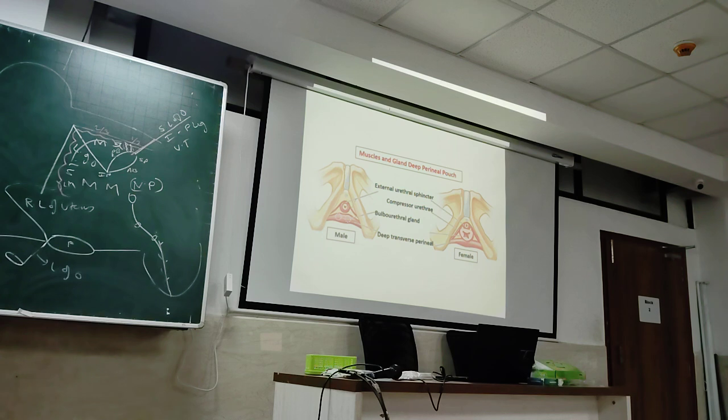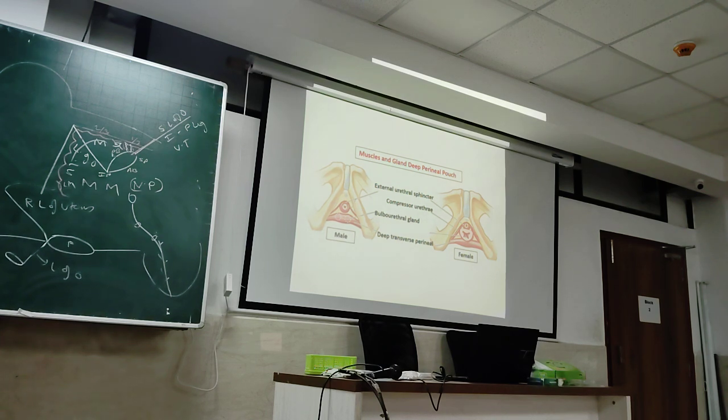So, urethral sphincters, the voluntary ones, are 2 in males, 3 in females. One is the annular sphincter, which is surrounding the urethra. That's a part of the urethra itself. On this, running from front on either side is the compressor urethrae, and in females there is an additional urethrovaginal sphincter.